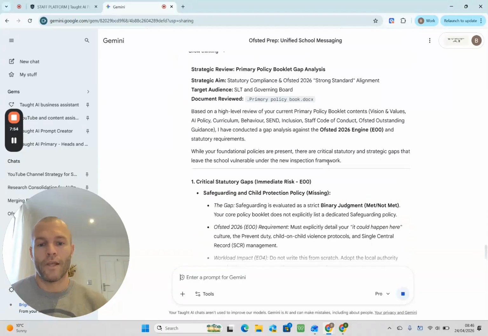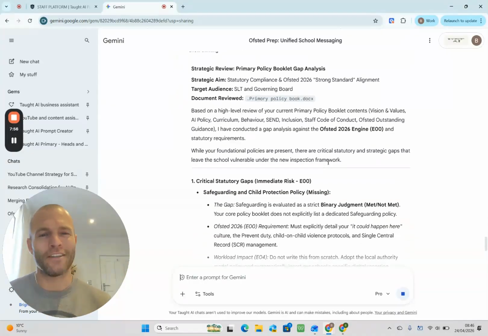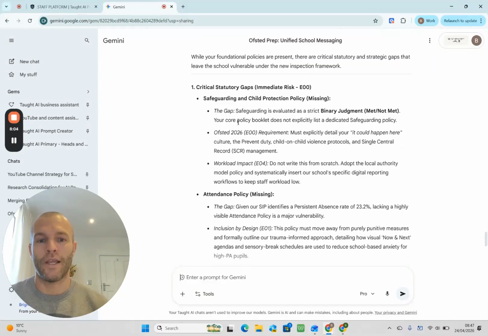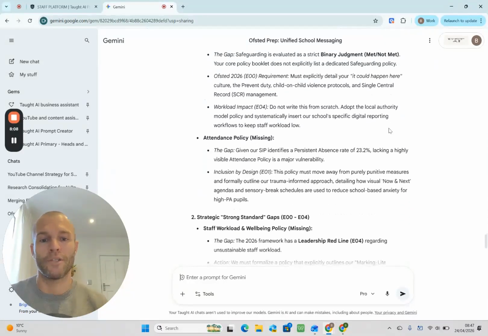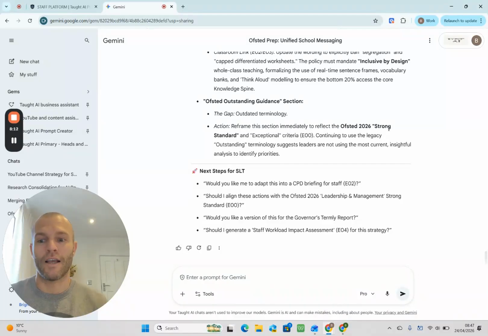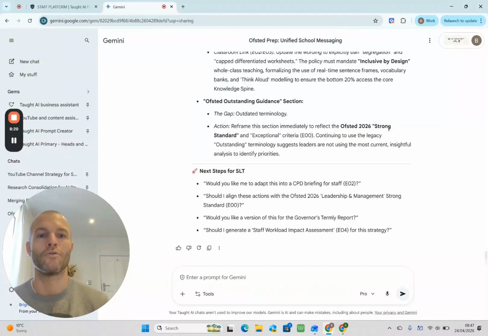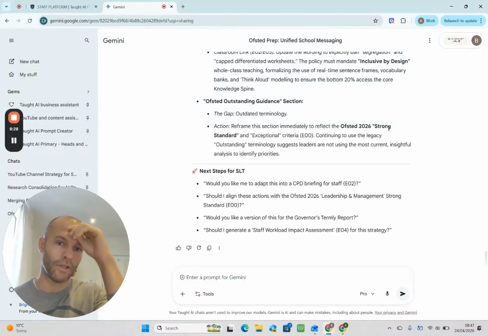So here we go. I'm expecting a lot here because I've written a fictional policy book, but it just lets you guys see. We've got key policies that are missing. It reflects how this links against the Ofsted toolkit, so the binary judgments, and then it can help me prepare for it. And it's at my fingertips. I've got an Ofsted Genius Heads Assistant that can review my Google Drive specific folders. Obviously, you've got to be mindful about your GDPR. It's absolutely fine to do this.